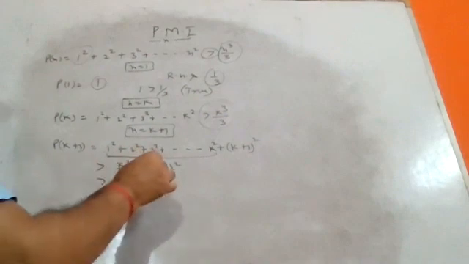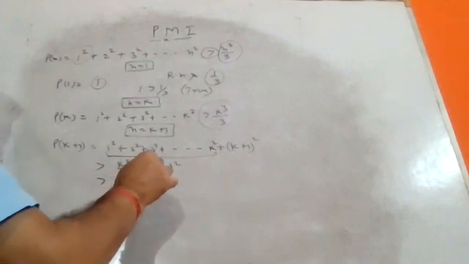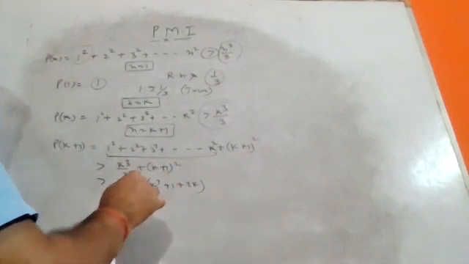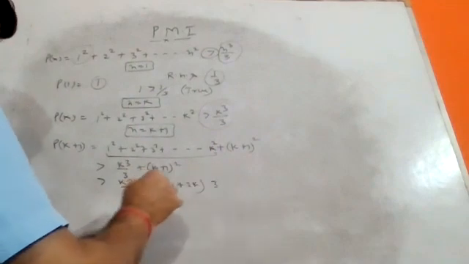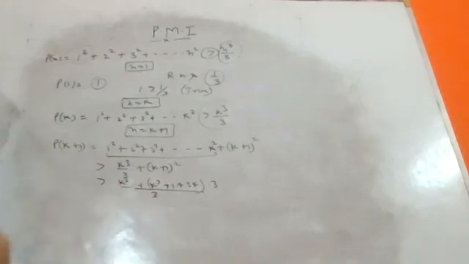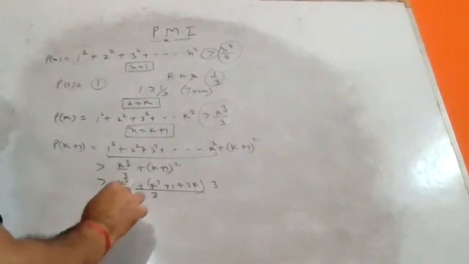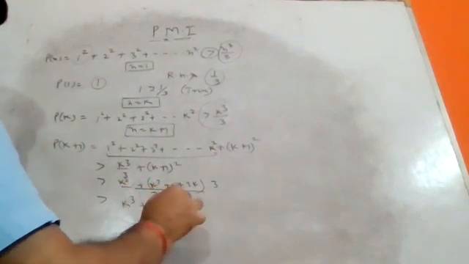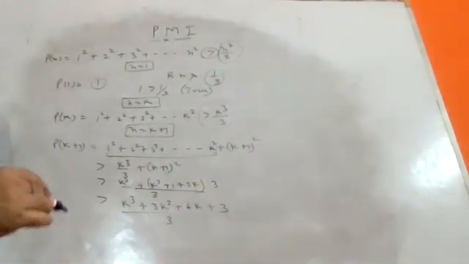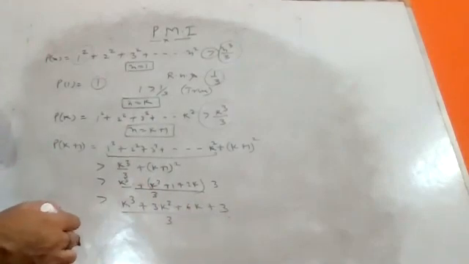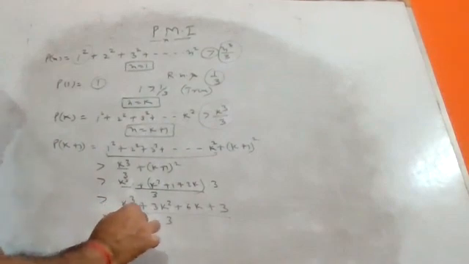Okay. Now simplify this expression using a plus b whole square, that is a square plus b square plus 2ab, multiplied with 3. This is the LCM we are also taking, right? This is k cube. So our overall numerator is k cube plus 3k square plus 6k plus 3, divided by 3. So in overall, we can write this as k plus 1 whole cube